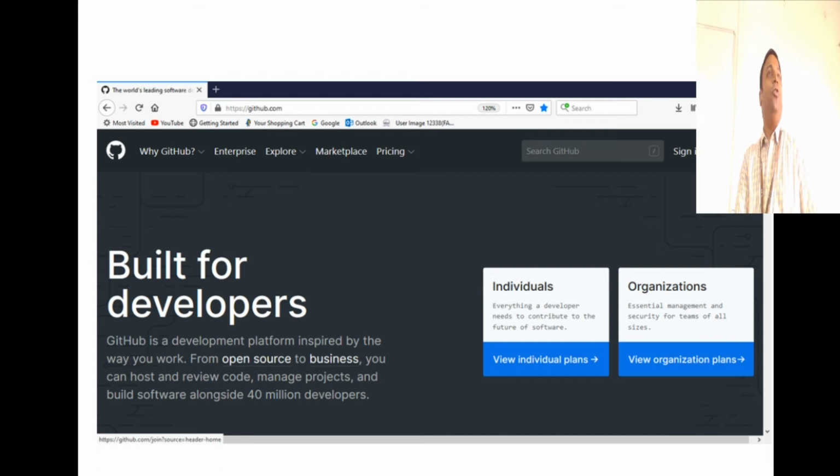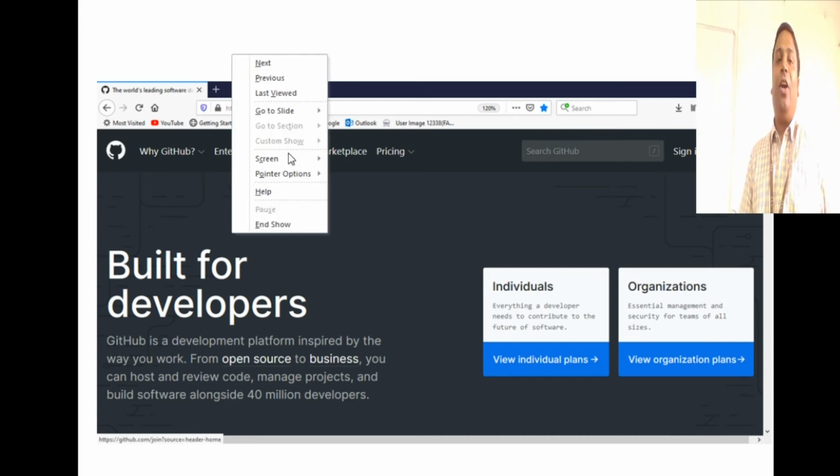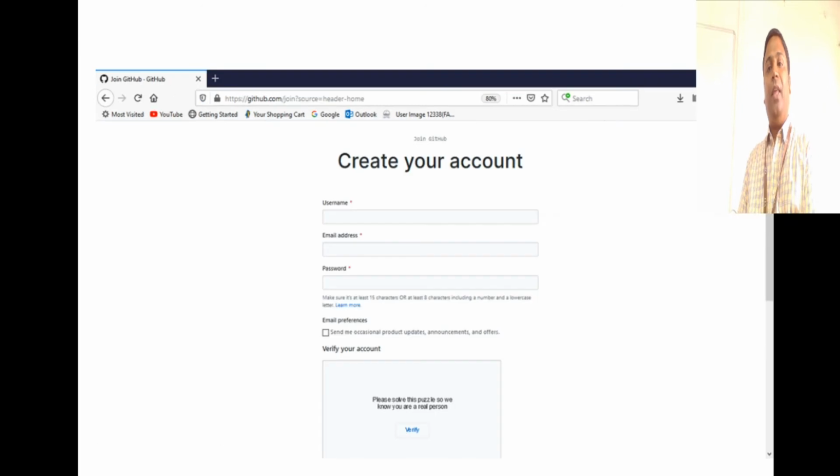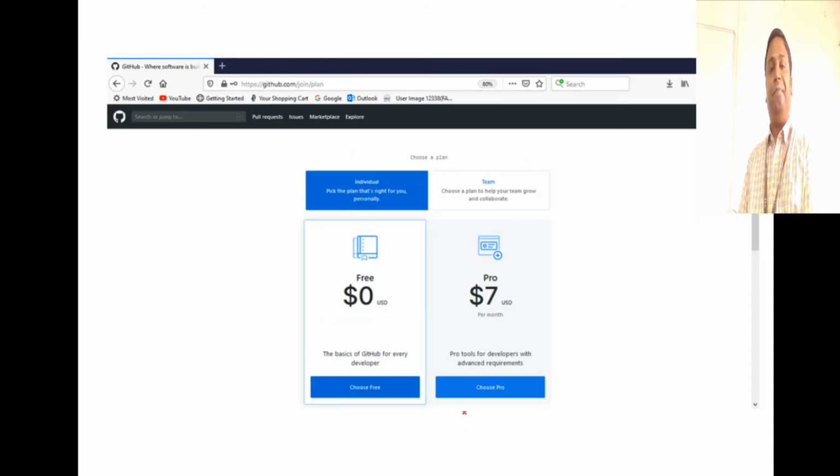So the very first thing, if you want to use GitHub, you go to github.com and then you sign up for an account. All those students who don't have an account, today after this class, you go to github.com, you just click on sign up. You need to have an account. You should be a user for GitHub, and you create an account. It will ask you for username, password, email address, and then it's just asking for some verification. You just click on that, your account gets created, and it says 2 plans. Of course, we'll always go with the free plans.